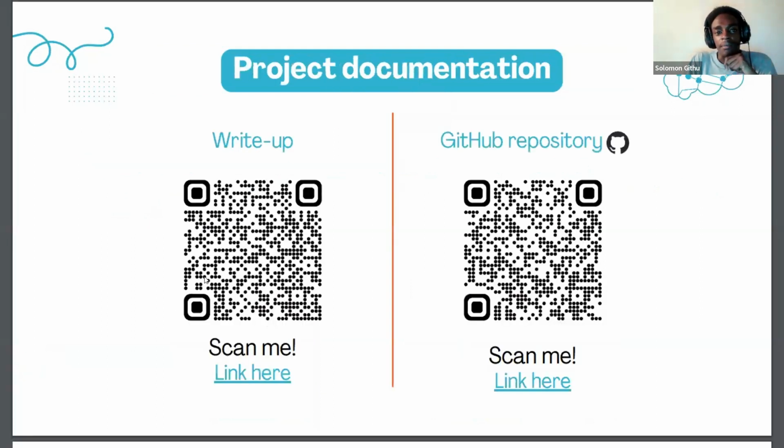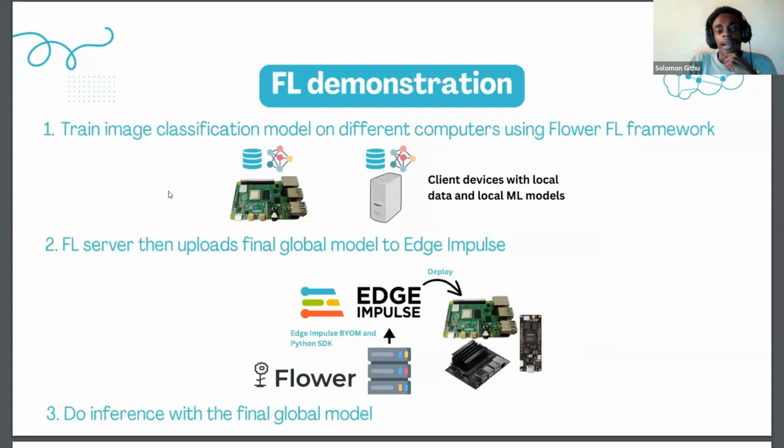So there is a project write-up for this demo project that's on the Edge Impulse Expert Network page. It describes all the technical details, all the choices that were made regarding the realization of this model. So for demonstration, what we will do is, we will use one Raspberry Pi and my personal computer to train an image classification model. This image classification model will take an image and say if it sees a head or if it sees a hard hat. And this model will be trained both on the Raspberry Pi and also on my computer.